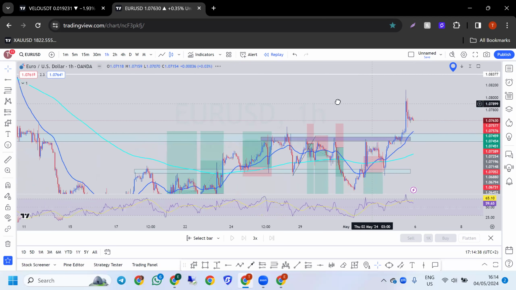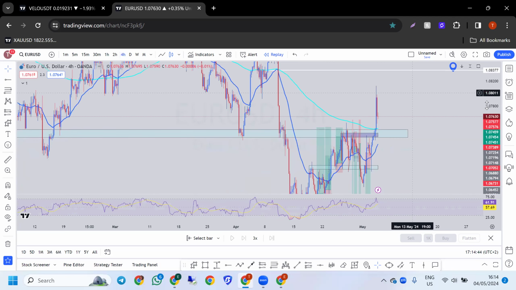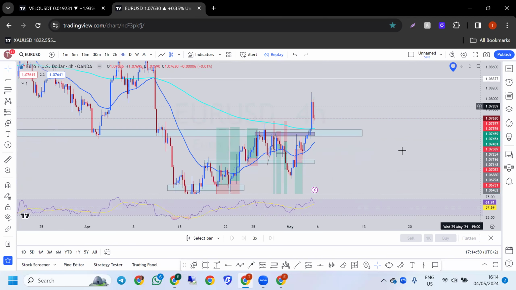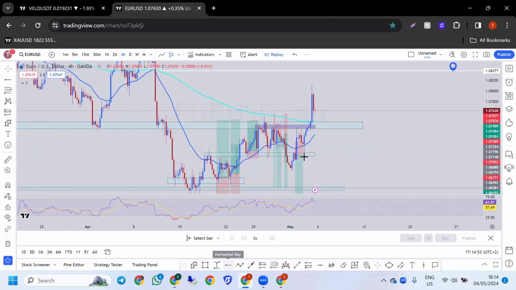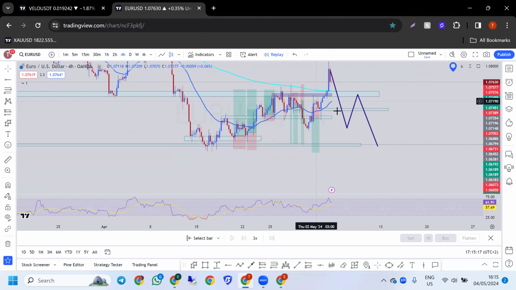If the market comes down to break this zone, because if that's our higher high, here is now our higher low, this place is our higher low. So if the market can come down to break this zone, making the 4-hour time frame bearish, then we continue our selling. This is what I will watch out for next week in the market.